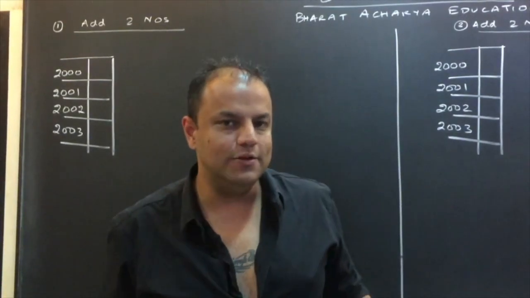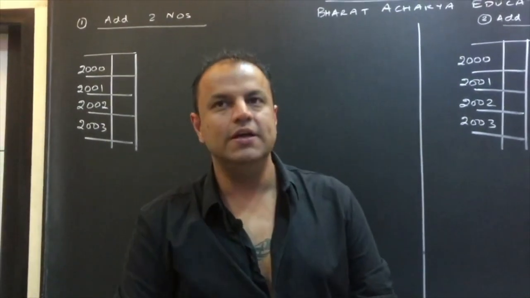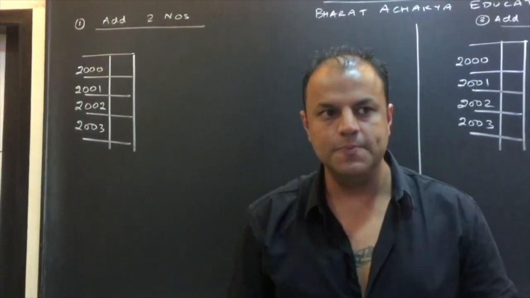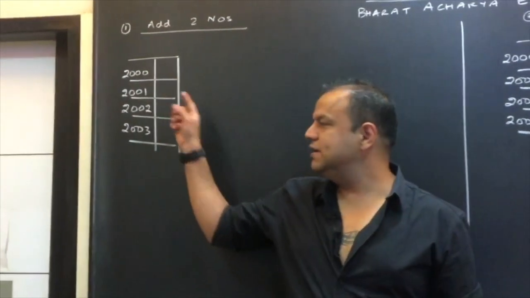Now what are the possible values of carry? 0 or 1. You get this clear? Carry can never be 2. 9 plus 9 cannot be 20. 99 plus 99 cannot be 200. Similarly, in the hexadecimal system, both these numbers are